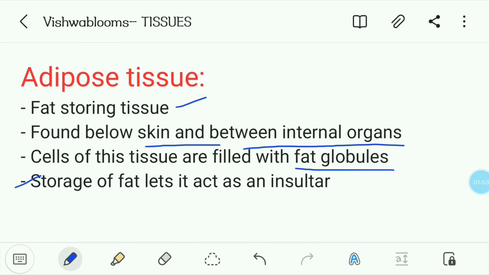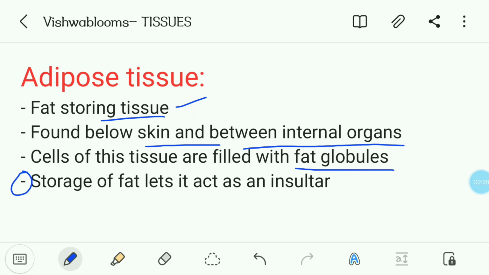What does this sentence mean? I will explain. Why does our body store fat, why do we get this bulk-like projection, a structure here? Because our body thinks that for 10 years this person won't eat, so we have to save it. That's why we get fat and adipose tissue, the fat storing tissue. Whatever fat is there, adipose tissue will be storing it. Now we have successfully completed connective tissue.